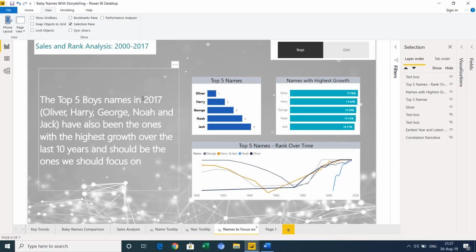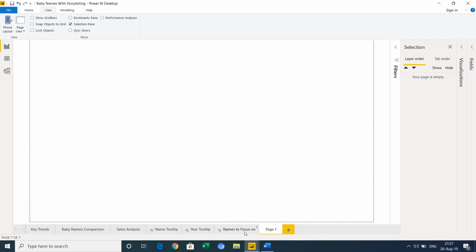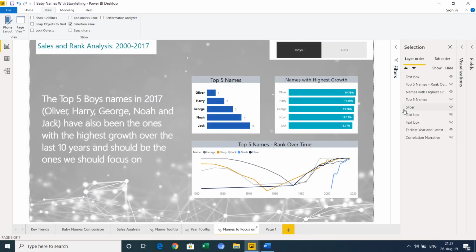We have this narrative where we say these are the top names, they have also been the ones with the highest growth, and these are the ones we should focus on. So we have those recommendations, things that we can provide as part of that children's storybook to present back to the exec audience.